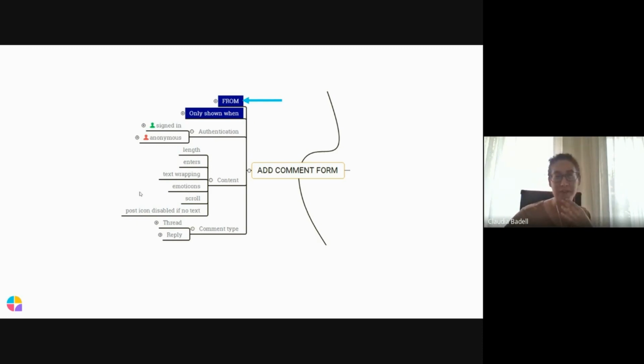We also have conventions in how we use symbols through the different mind maps. For example, if the feature behavior depends on whether the user is signed in, you will find two types of symbols. You will find a green person symbol to represent that the user is signed in, and a red one to represent that the user is not authenticated.